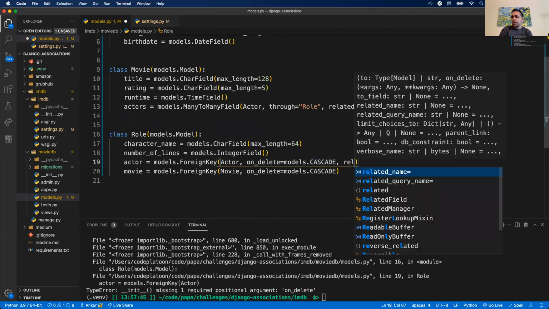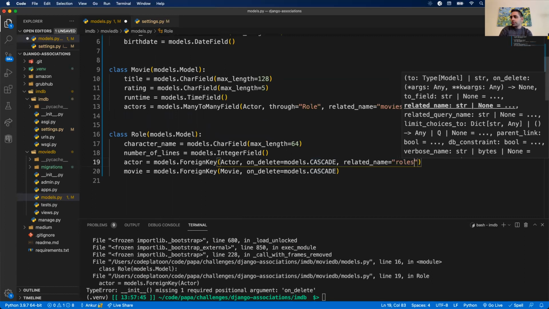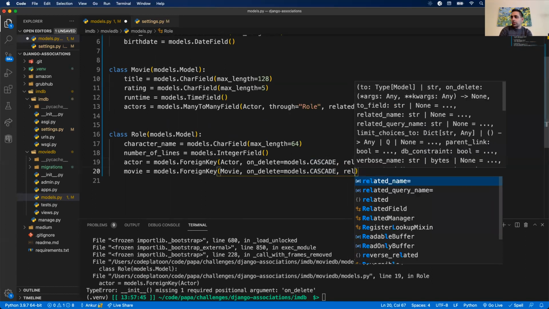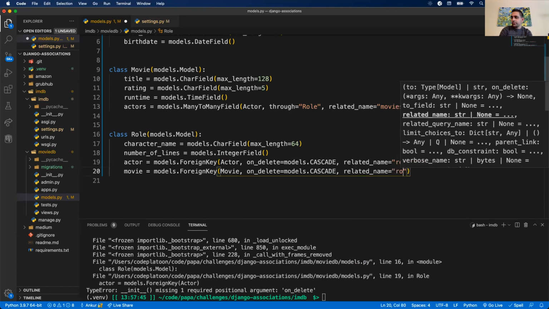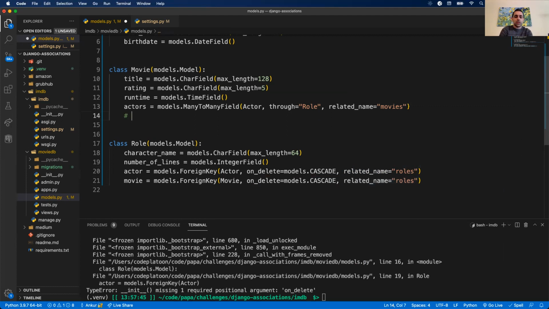And then I want a related name just because I do. So we'll do roles. All right, so this might look a little confusing, like, are you creating two fields called roles in the same table? That's not quite what I'm doing. What I'm effectively doing is creating an imaginary field on the movies table, on each movie record.